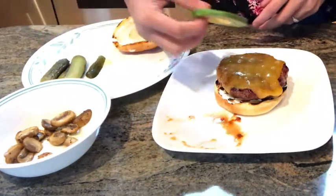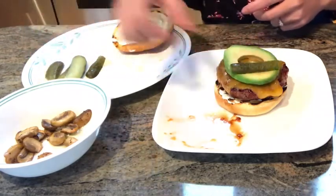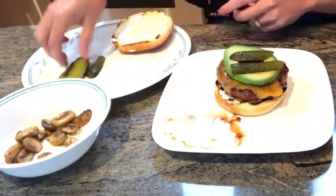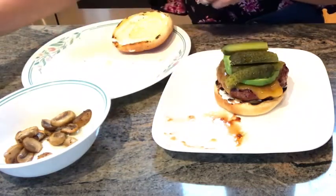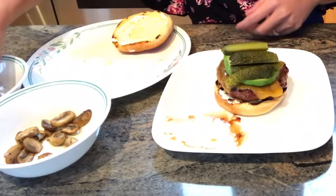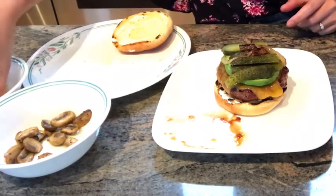Then I'll put avocado, pickles, and then onion. We fry our onion. We like it